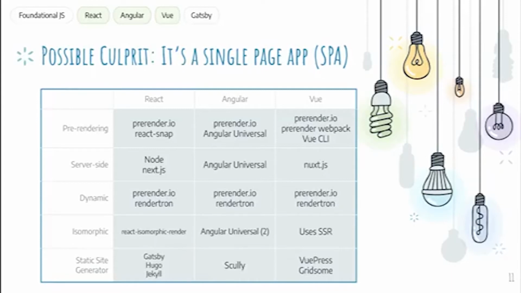And then Vue has a library called Next.js that can be used for the server side. Now, with server side, they almost all require some special server setup. Like for React, you actually have to have Node running on the server. It could sound really scary, but actually pretty much every major hosting service that can do apps like this can also support Node. The difference is if you're ever using Azure or a Microsoft-based server, they have their own unique